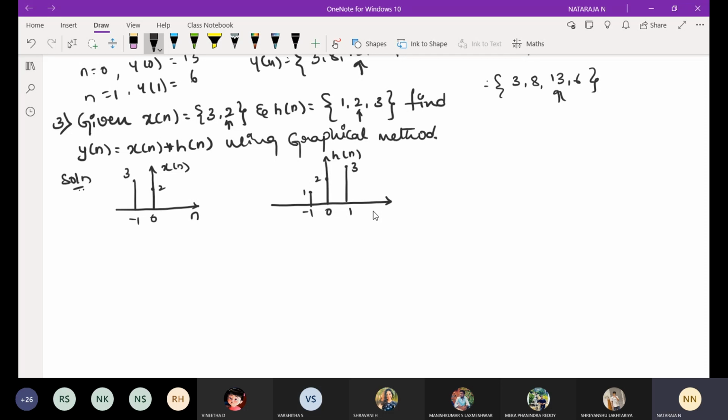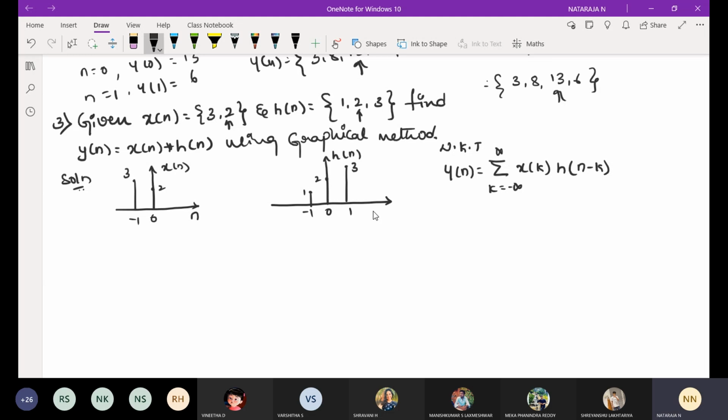Okay, now I will write here. You don't write it aside, you write it down only, because I need to keep on scrolling. That is why I'll use this place. We know that y of n is equal to summation k is equal to -infinity to infinity x of k h of n minus k. This is our standard formula for the convolution.